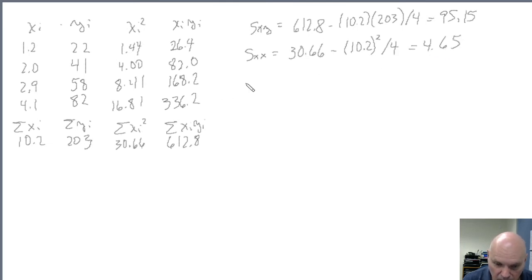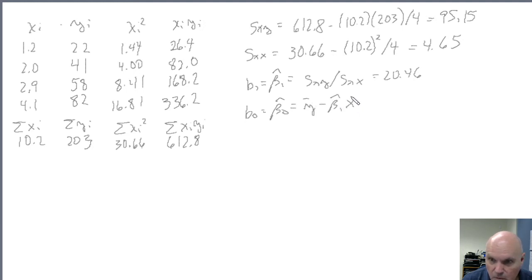And then finally we can now compute B1, or beta 1 hat, which is SXY divided by SXX, and that turns out to be 20.46. So this is actually the slope of our regression line, and B0, or beta 0 hat, is y bar minus beta 1 hat x bar,